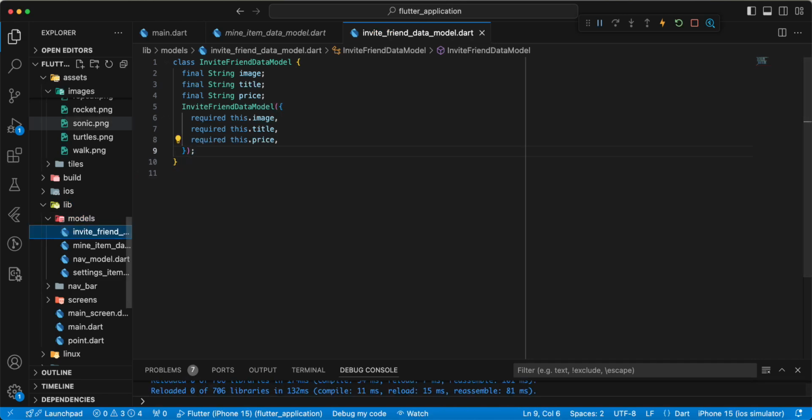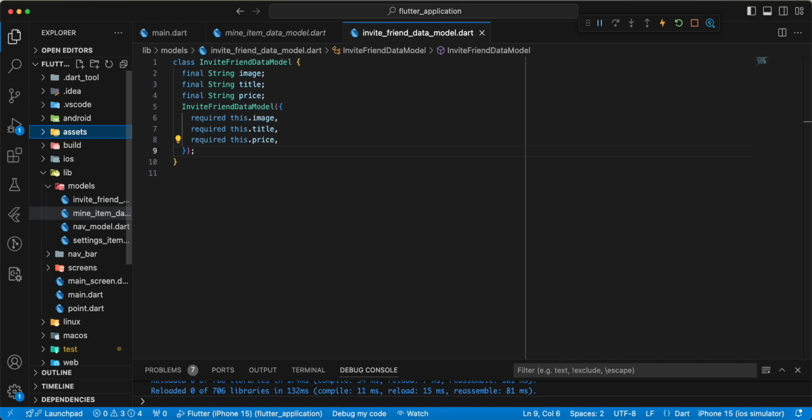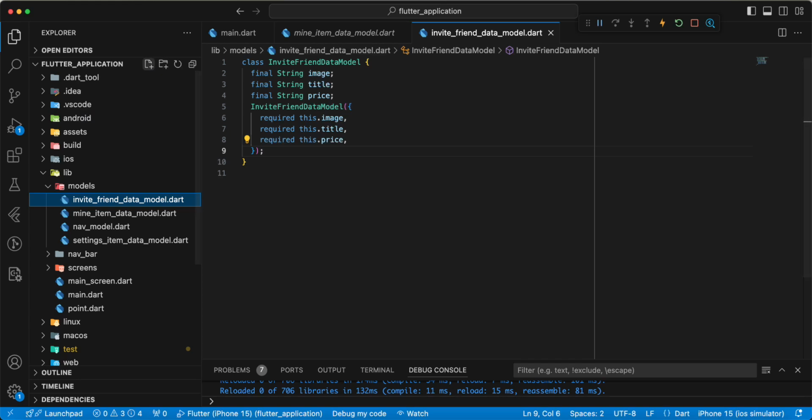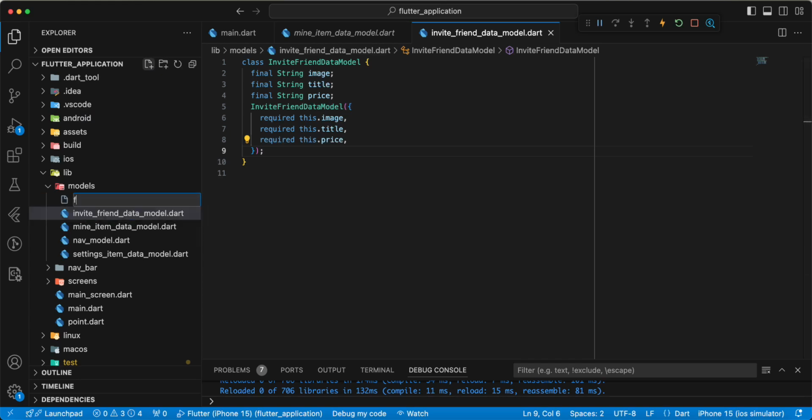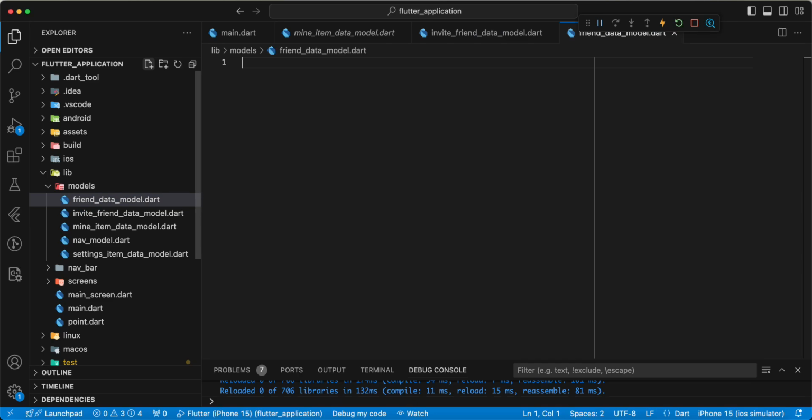Save. Then we create friend data model, add file, write friend_data_model.dart, write class FriendDataModel, write final String avatar,